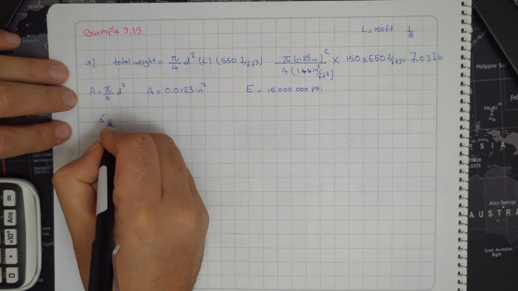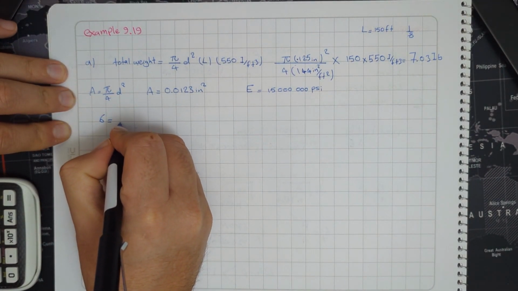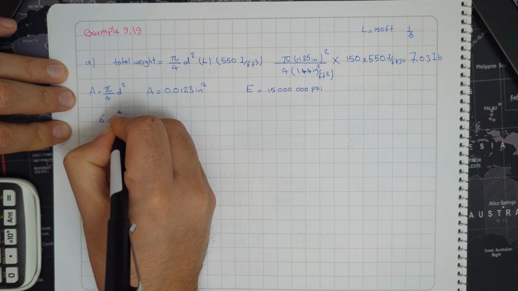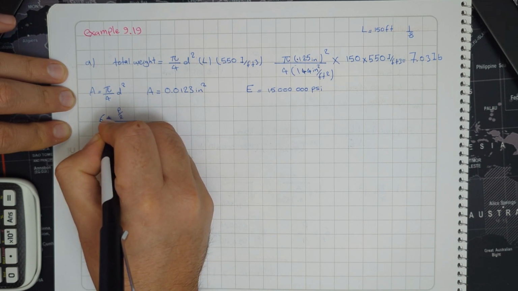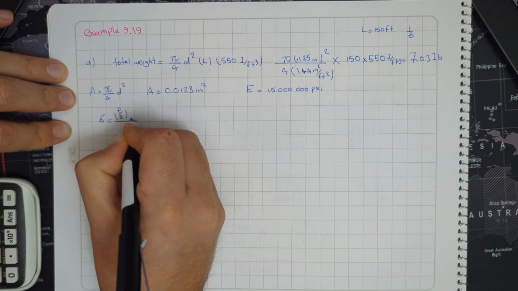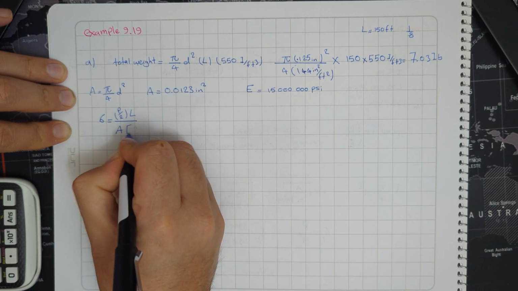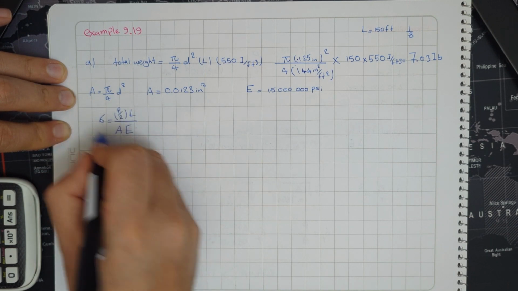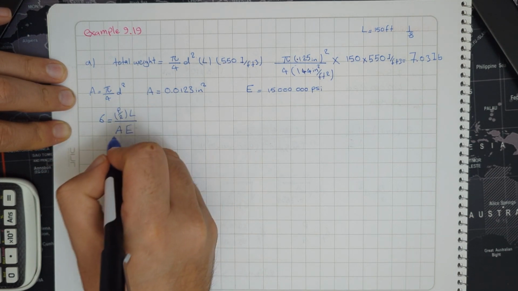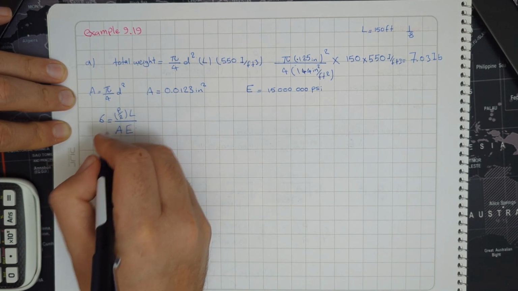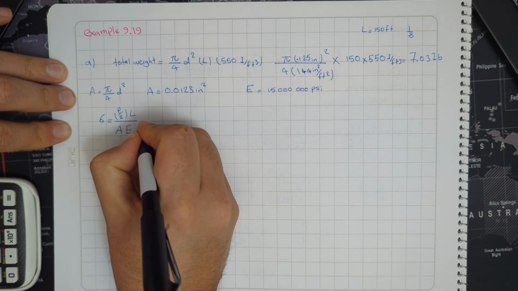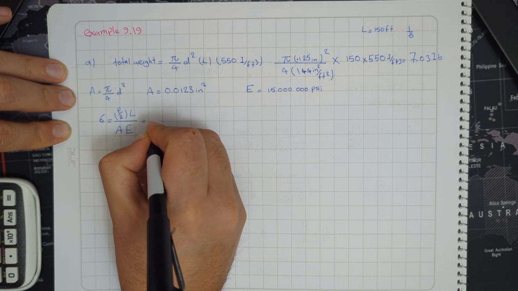All right, so always consider half of the force into L over A E. This was the last formula that we talked about. PL over AE. Okay,